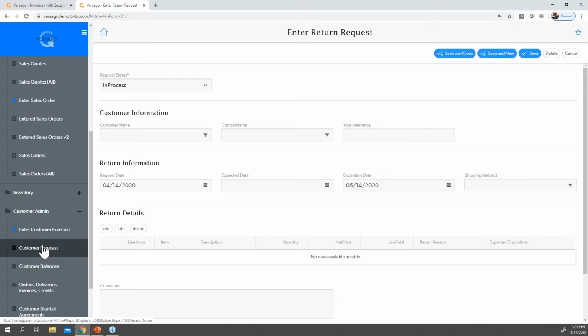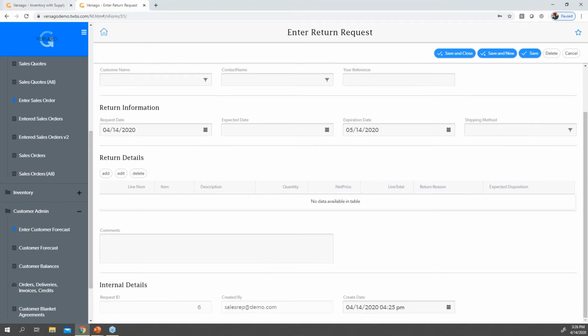If you're interested in this collaborative forecasting, one of our Versago customers has estimated that they're probably saving around $30,000 a month in just dead inventory or cash flow tie-up, because they're getting better forecasts from their sales reps through using Versago like this.